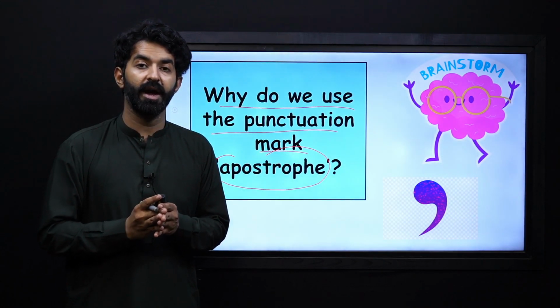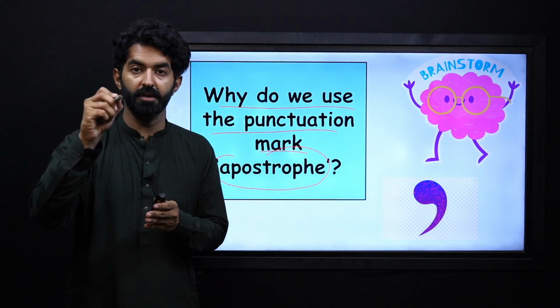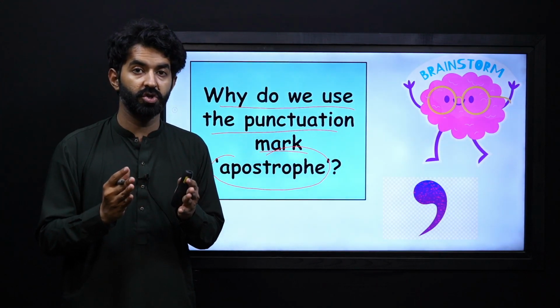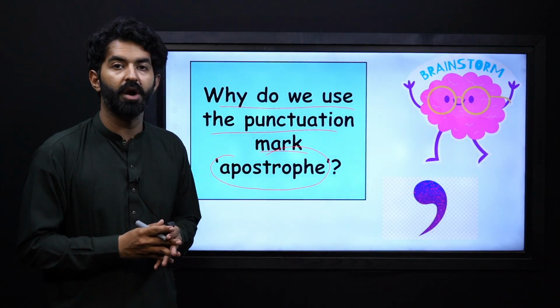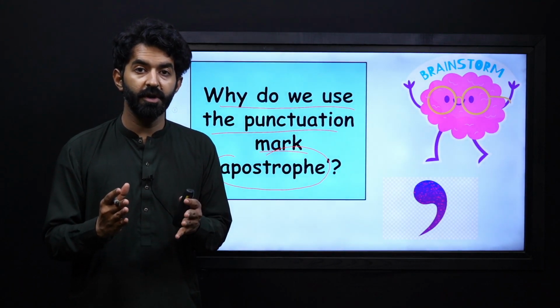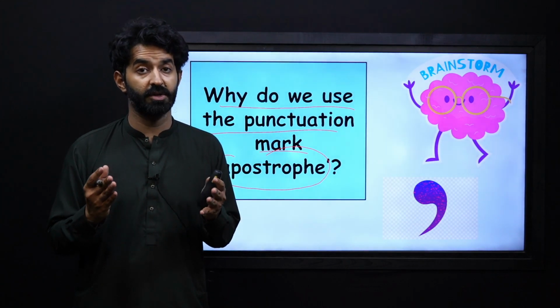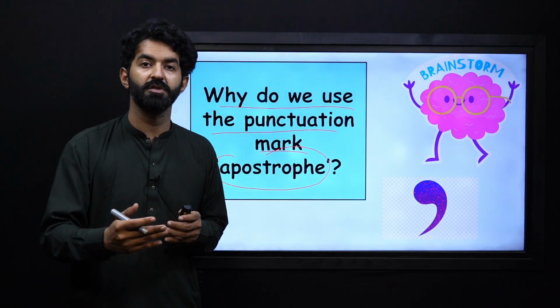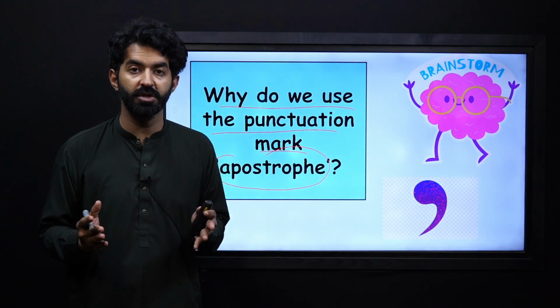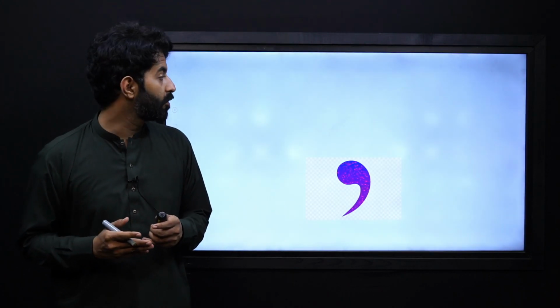So you can either write this comma or just put a little mark, an indication of apostrophe. So why do we use the punctuation mark apostrophe? Pause the video, think about it. Why is it used? Yes, it is used for contractions, it is used for showing possession, but we will learn about